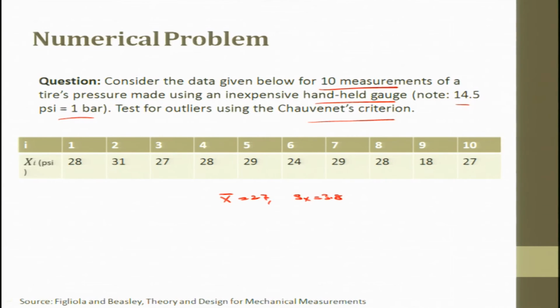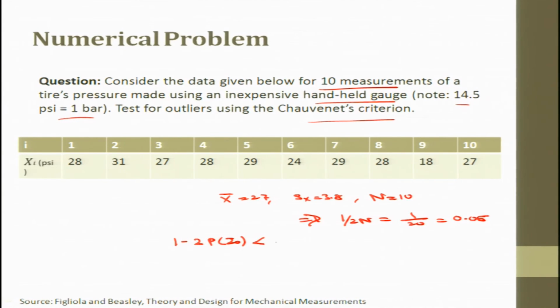Let me try to apply that criterion, and n is equal to 10. That implies 1 by 2n is equal to 1 by 20, which is 0.05. This means the outlier would be if 1 minus 2 into probability of z naught